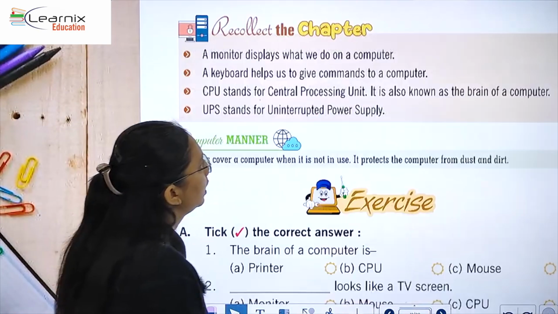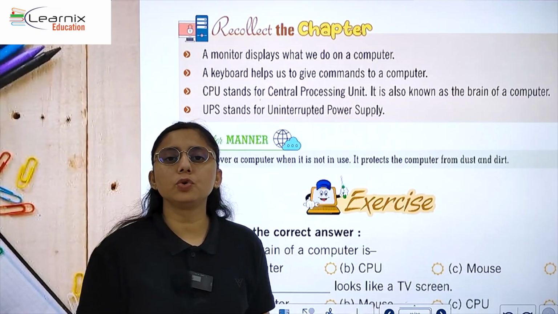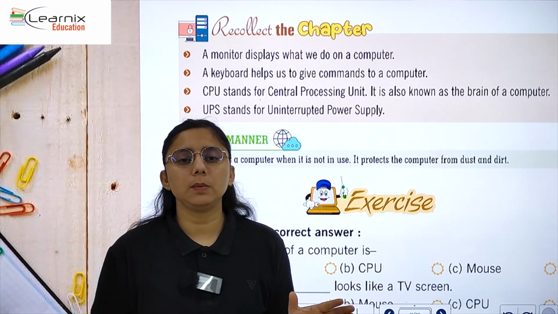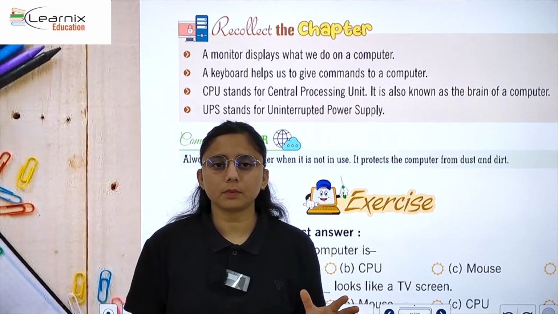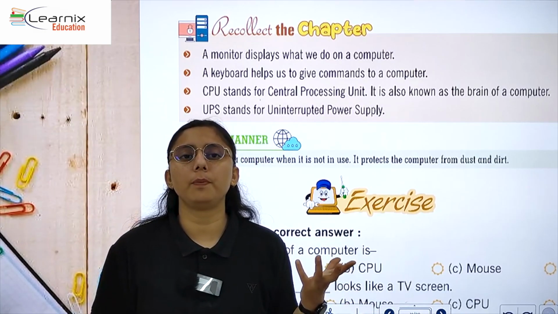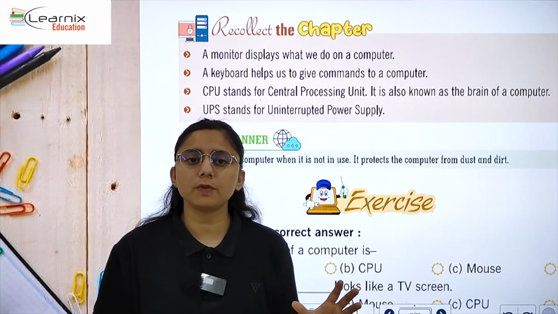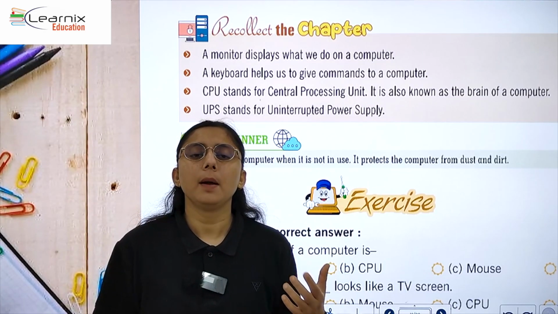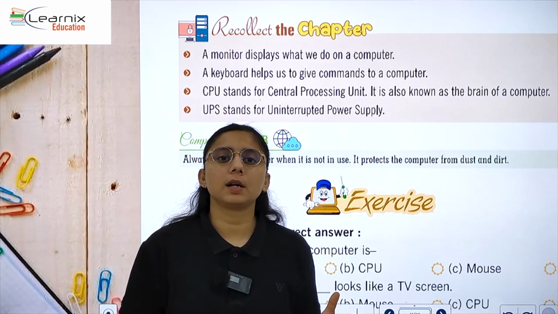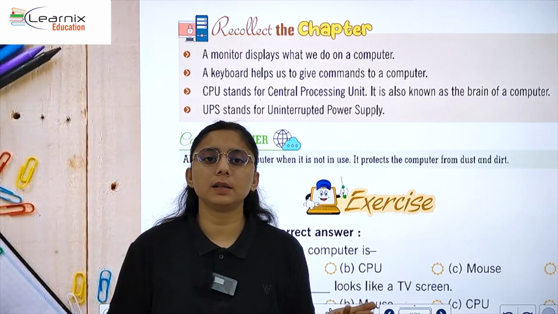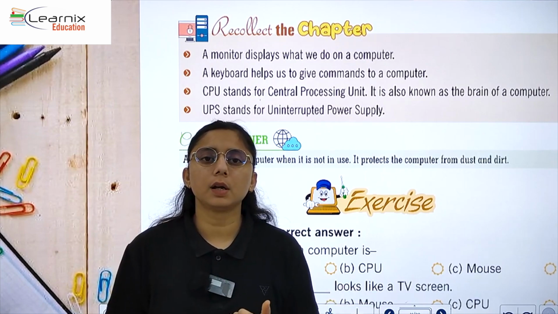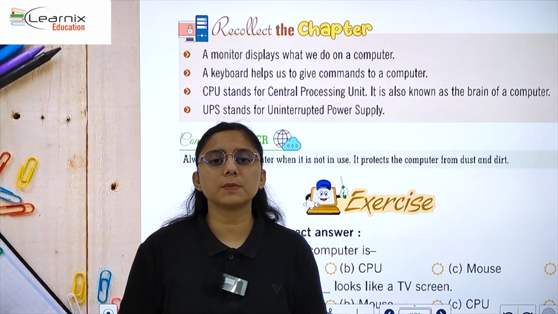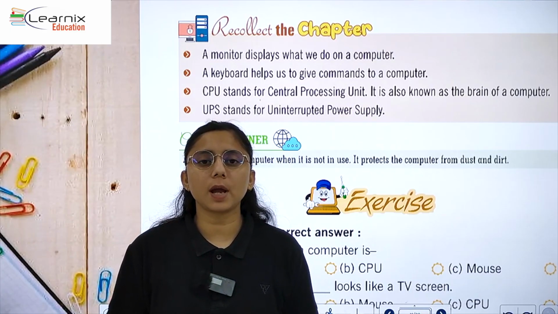This is the activity. Now, in this chapter, I have told you about different parts of computer. We have monitor, mouse, keyboard, and your CPU, that is the brain of your computer. It does most of the work of the computer. And then I have told about the other parts, like scanner, printer, UPS. These are all the other devices that are used in the computer, and these are some special devices. That's all for today. Our chapter has been completed. Hope you understood the chapter. Thank you.